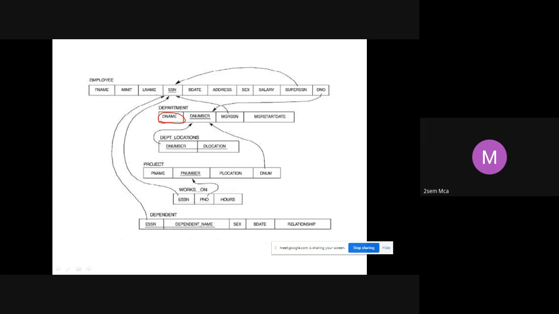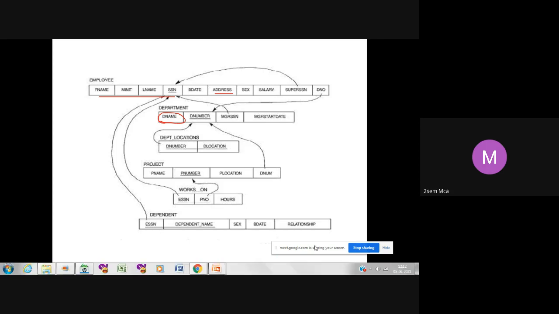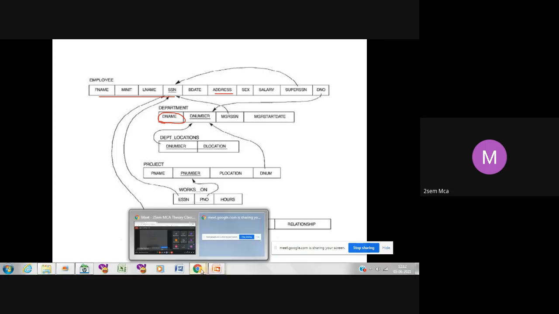So I have to find out who are all the people, all these names and addresses, who are working in the research department. How do you write this query? Can you put it in the chat? Even in SQL only, you tell me, not necessarily relational algebra, and I will tell you how to write it. How do you write this query in SQL?